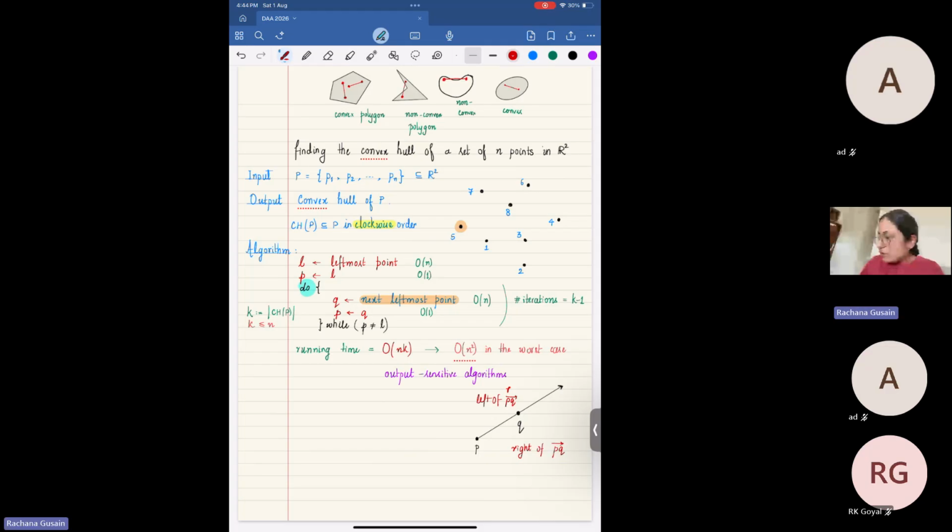Now, given 3 points, P, Q, and R, in constant time we can determine whether R lies to the left of PQ or to the right of PQ. You can think about this offline. It's a simple problem. Given 3 points, finding whether the third point lies to the left or to the right of the first 2 points can be done in constant time. I'm going to call that primitive a